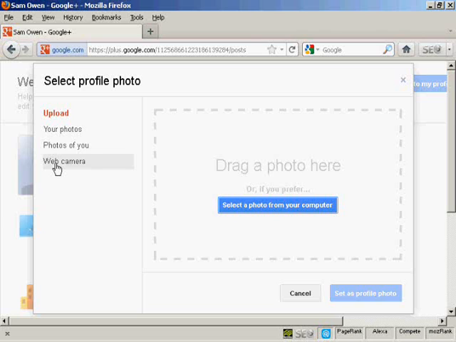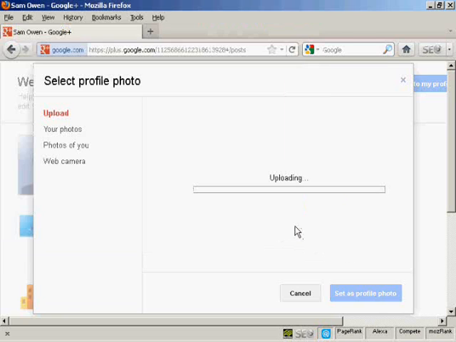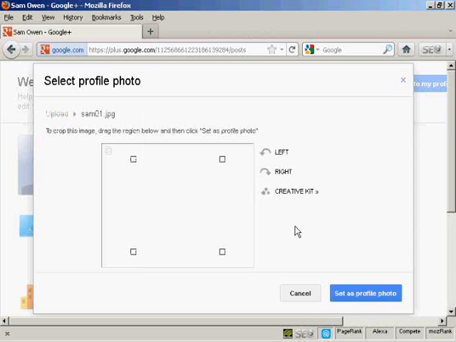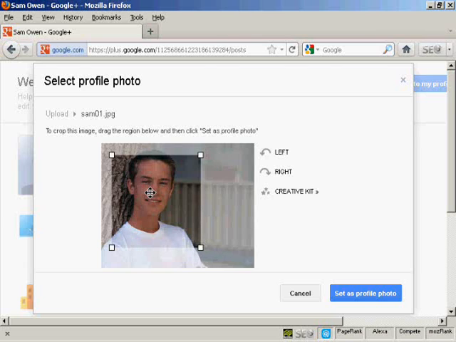So let's just do that. I'm going to upload a picture from my computer, so click here where it says select a photo from your computer, and here's the picture I'm going to upload, sam01.jpg. So click on open. You can see it's uploading, and this picture is a bit big for the size that they have available, so I'm going to have to crop it, which I can do by simply moving this window around with the mouse, and that looks about right. So then just simply click here, set as profile photo,